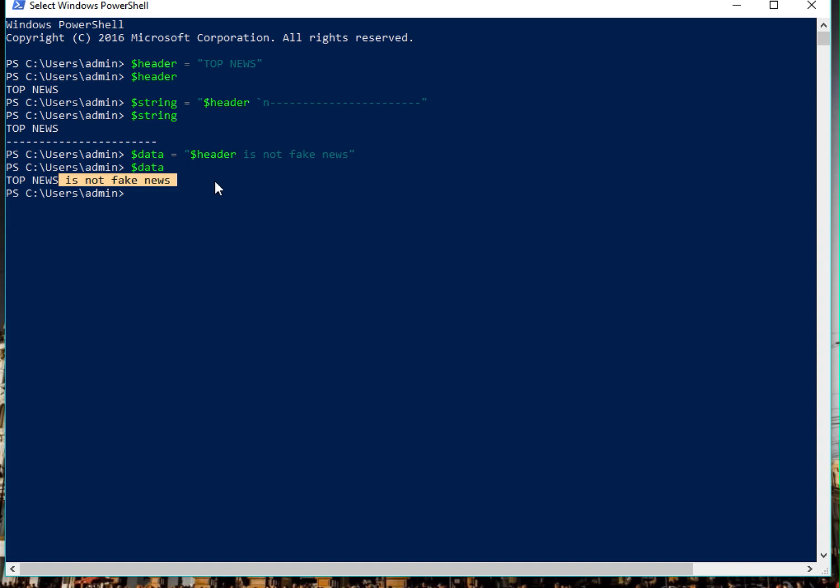Other than that, there is a tip, or a kind of trick, that you can use. In this case, you saw that I entered these hyphens manually, and they didn't fit exactly under top news. So we can allocate this dynamically also. For that, let's create another variable called string2. We are saying string2 is equal to header, which contains top news, and a backtick n, which means create a new line,